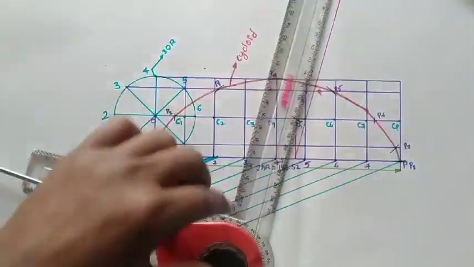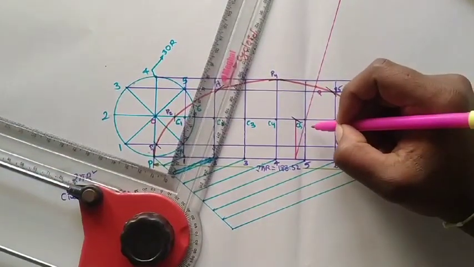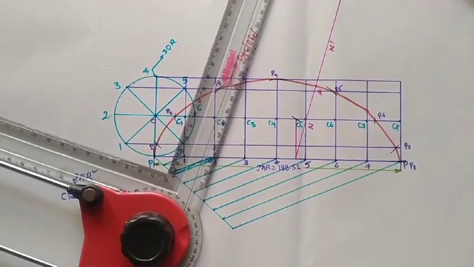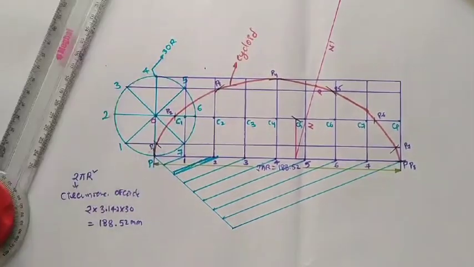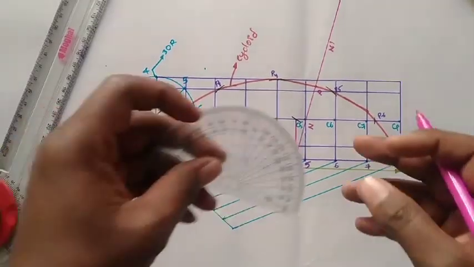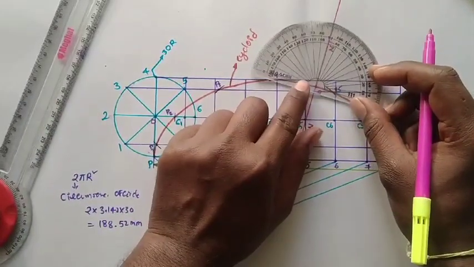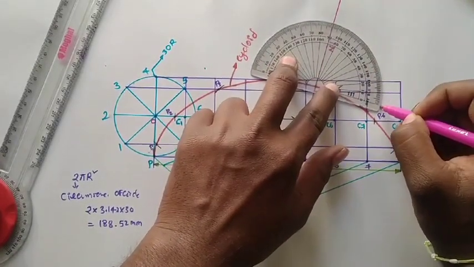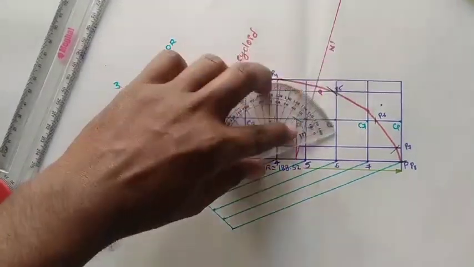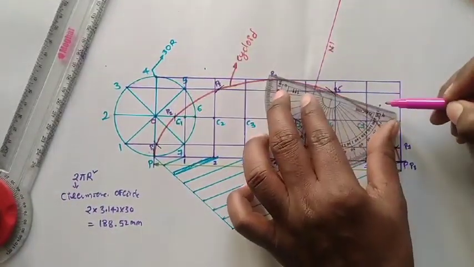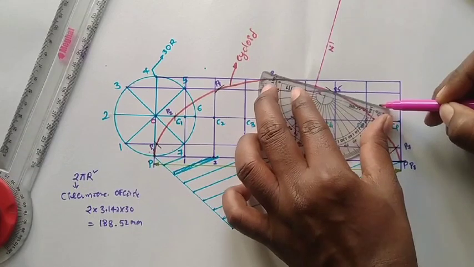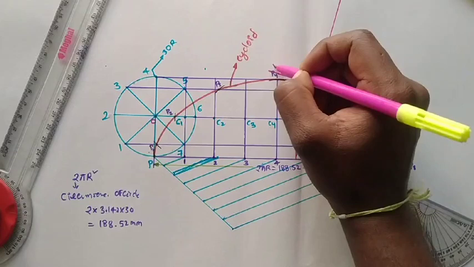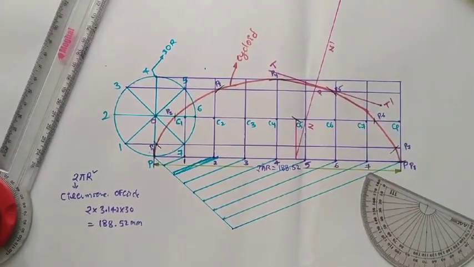This is point P. This is your N dash, okay. N dash is nothing but the normal line, and normal and tangent are always perpendicular to each other, okay. With the help of your protractor, measure a line perpendicular to this normal line, measure 90 degrees. From point P, draw a line passing through P. This is your T dash, okay. T dash is nothing but the tangent.